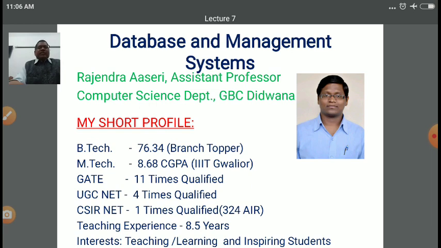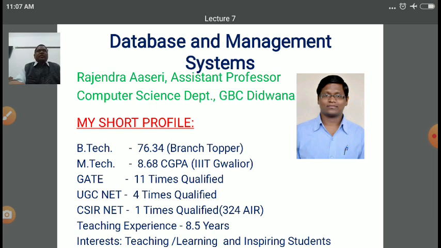Students, in the previous lecture, we have discussed various concepts on database and management system. We already discussed the requirement of the DBMS, drawbacks in file system, and various levels of abstraction like physical level, logical level, view level, why the requirement of these levels are there, and what is the impact of using these levels. After that we have discussed DBMS architecture. In that, various users are there, roles of users are different at different places, how to evaluate the query, how to optimize the query processing step already we have discussed.